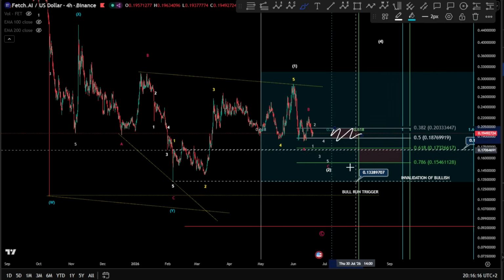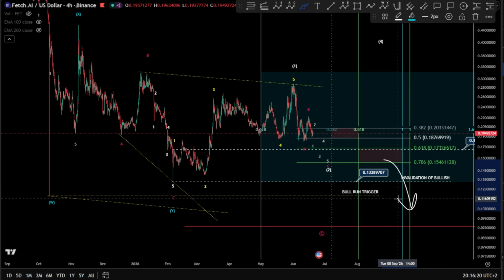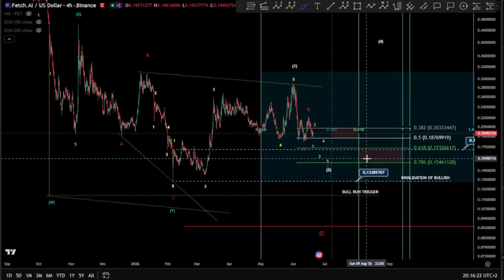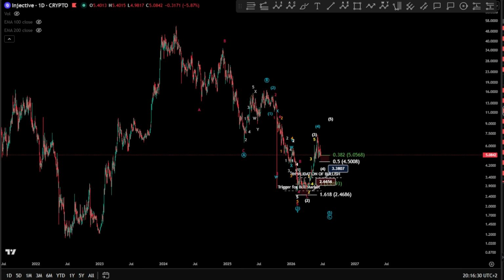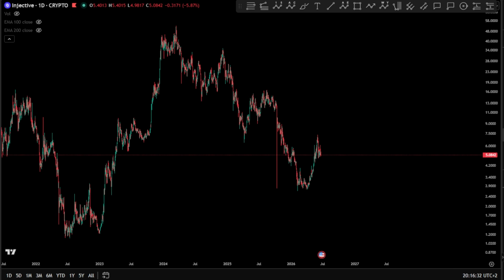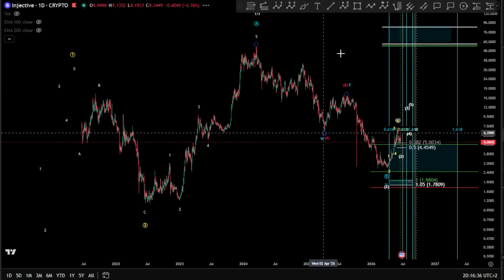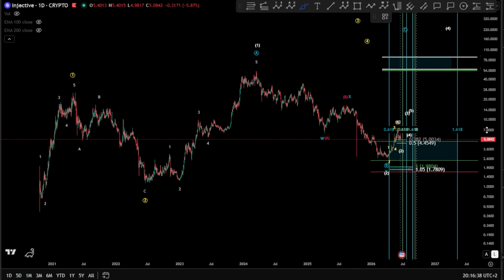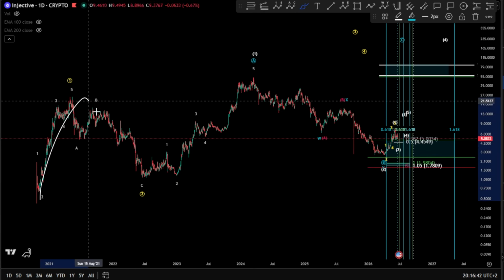We need to break, of course, those levels here, especially this one, to claim something as bearish. If we don't take it, well, it's far from bearish still. Very interesting. So finally, we're going to finish with Injective. Injective as well is an AI coin, and we are looking also at a very interesting chart here where we have a regular flat or double 1, 2, but higher probability is for the regular flat, where you have 1,